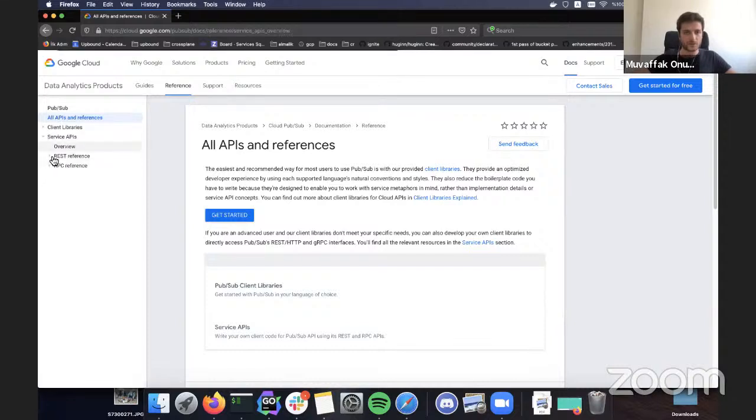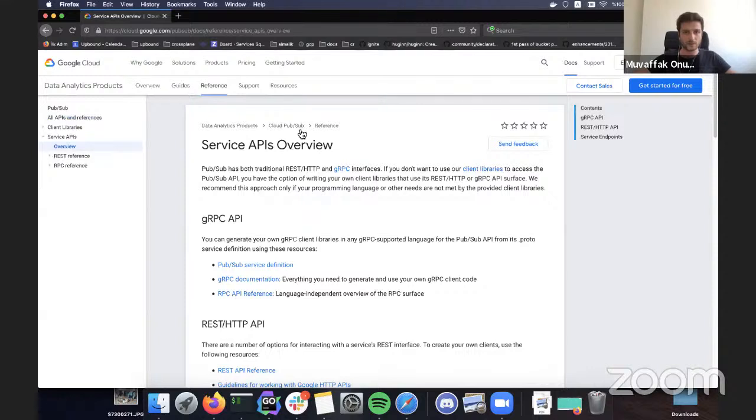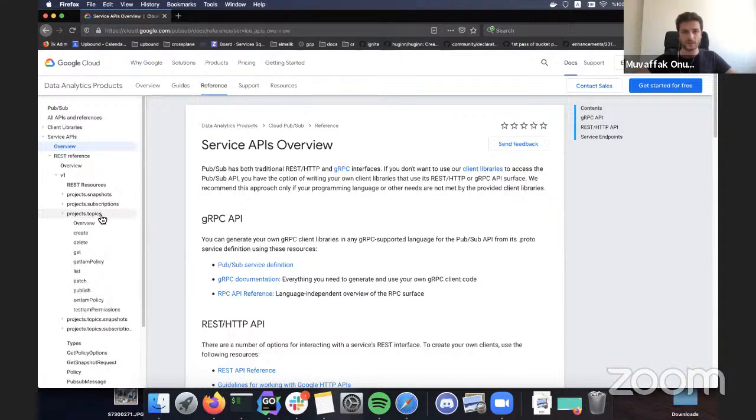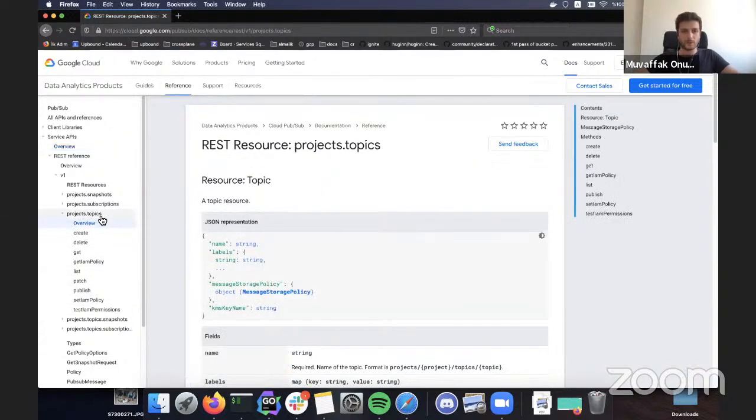So just a quick overview of what Cloud PubSub is. It's basically a messaging queue, and it's used for a lot of use cases, but as the main thing, you create a topic, which is what we're going to do, and then publish stuff into that, or read from somewhere else and all that stuff. So we will implement the topic resource.